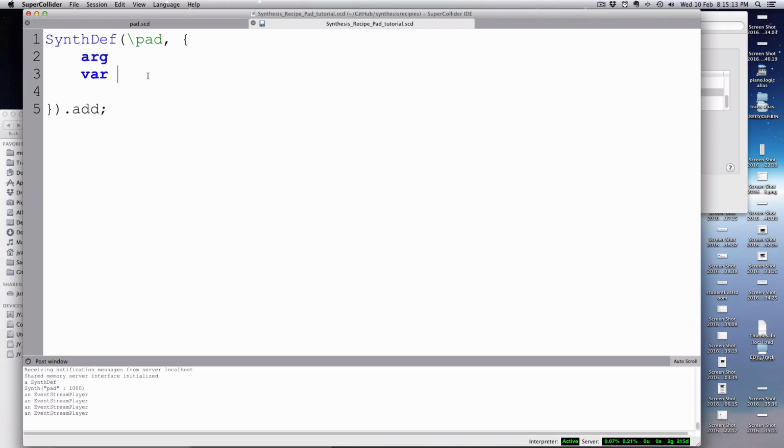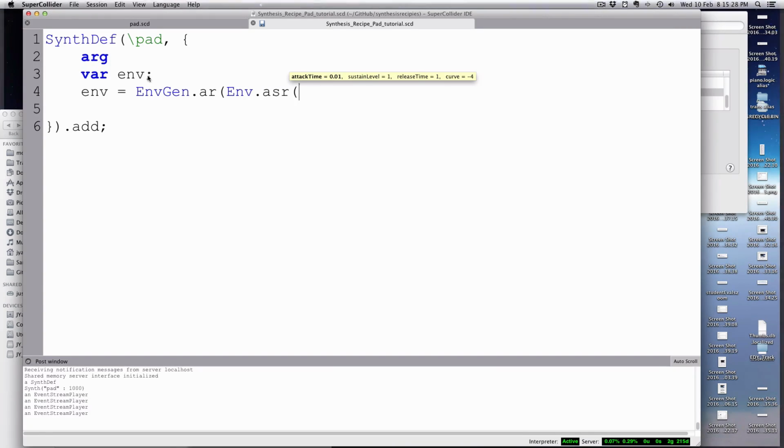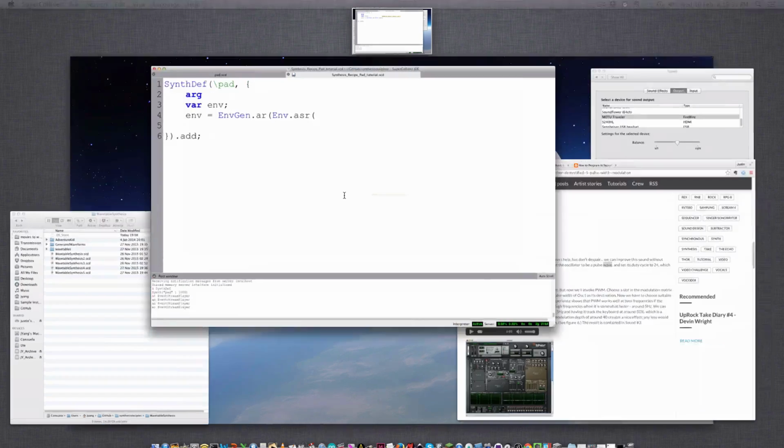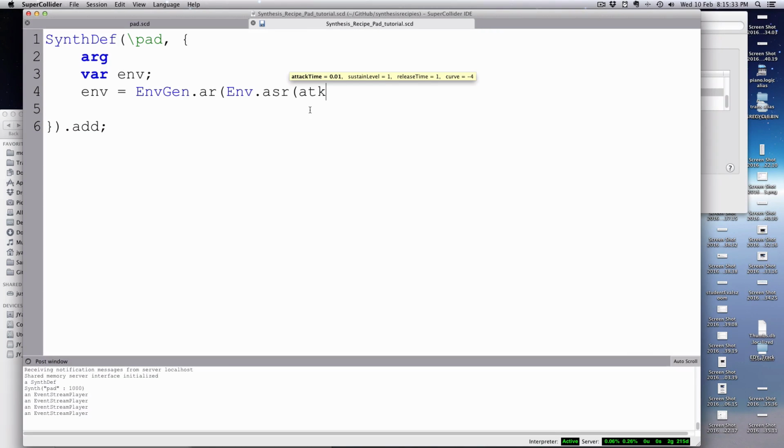Okay, so let's just create a real basic envelope equals EnvGen.ar, and we're just going to have Env.asr. I think he just has a basic square shape kind of thing. So basically, yes, we have atk, let's keep that, sustain level 1, rel and crv. And if this is new to you, and a gate, check out some earlier tutorials where we talk more extensively about envelopes. And these are our envelope